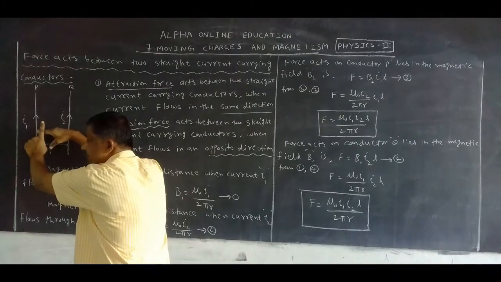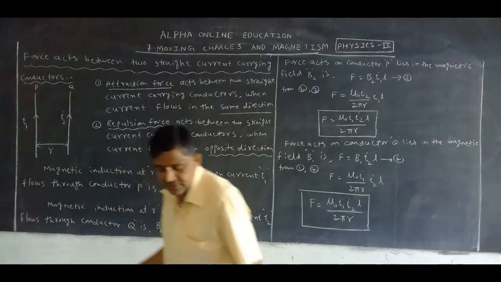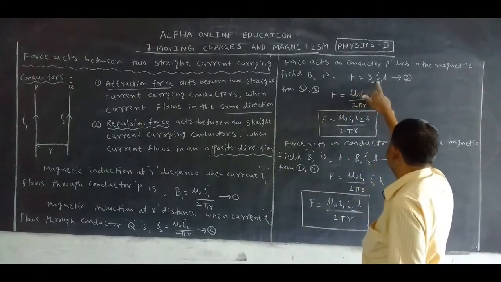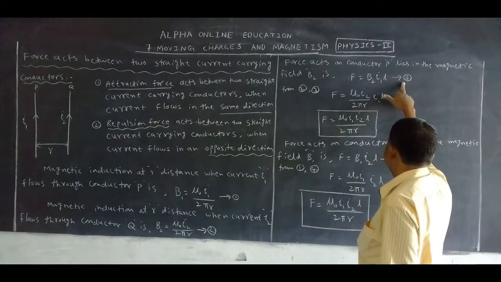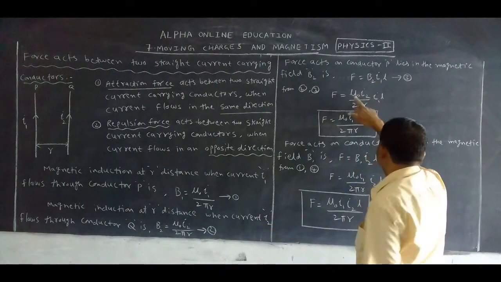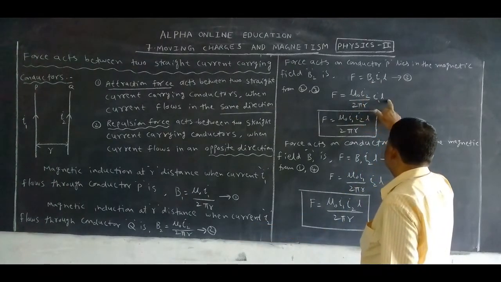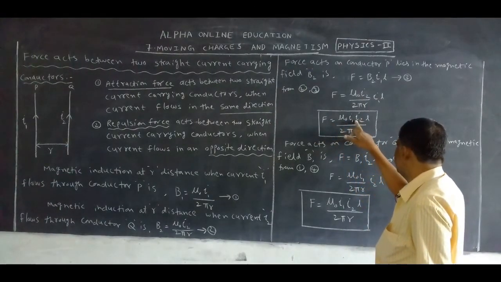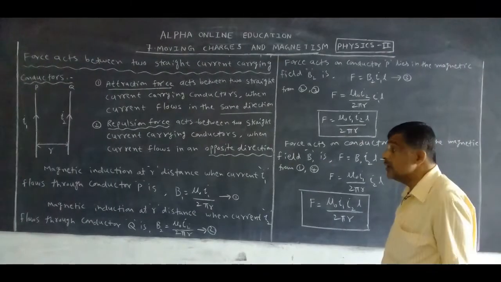Both are perpendicular. So what is the equation for the force? F is equal to BIL. But here, F is equal to B2 I1 L, equation 3. Substitute the B2 value from equation 2: mu 0 I2 by 2 pi r times I1 L. So we get F is equal to mu 0 I1 I2 L by 2 pi r. Now,